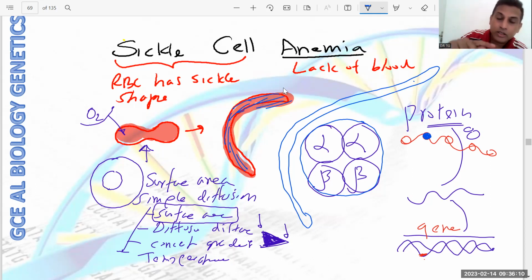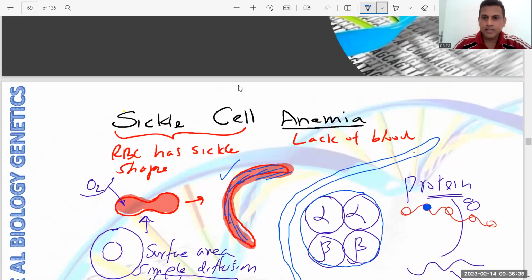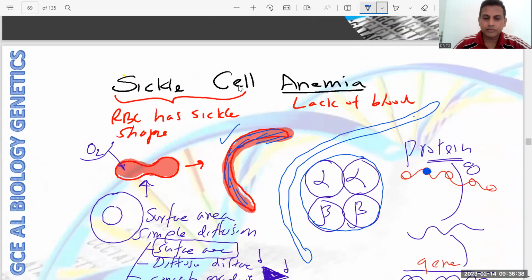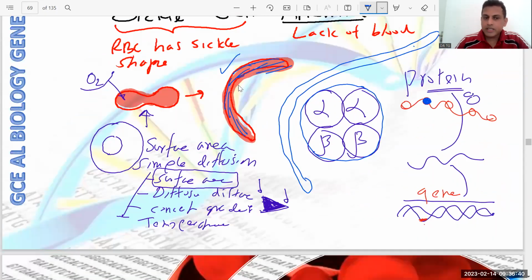Surprisingly, there are 270 million hemoglobin molecules in one cell. Now you can understand, if the 270 million molecules are going to pack, and they have a different shape, they make a completely different shape of hemoglobin. So the shape is like this. When the shape is like this, it loses the biconcave shape,